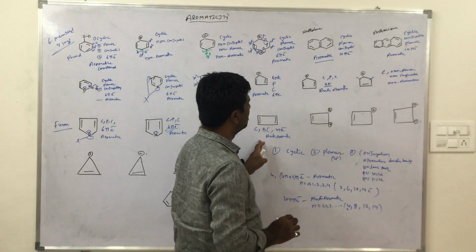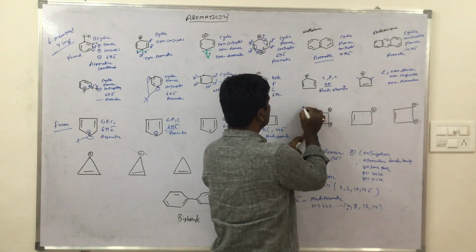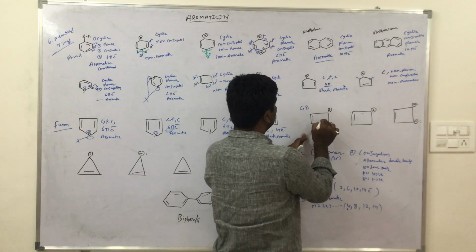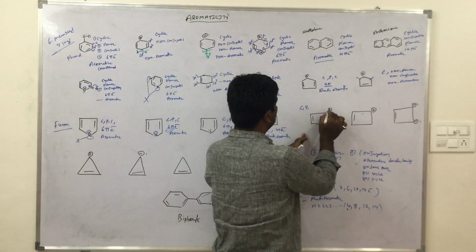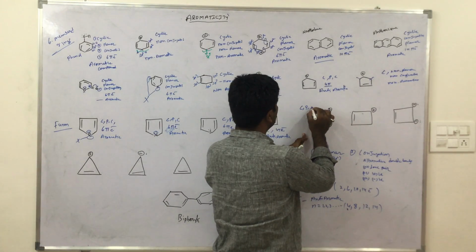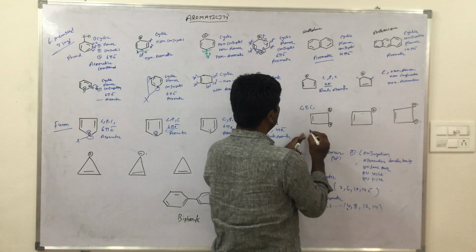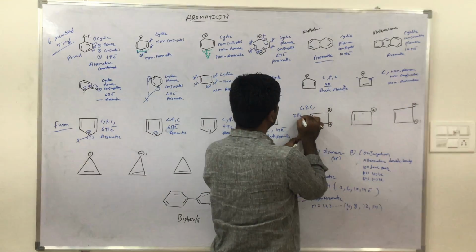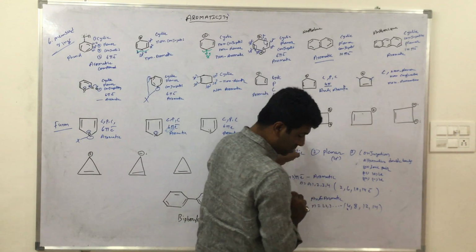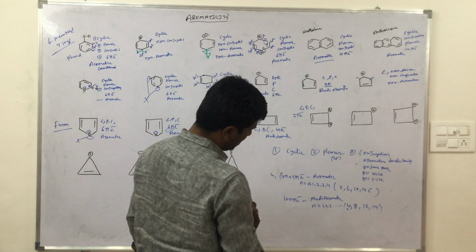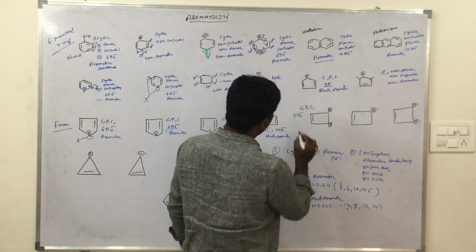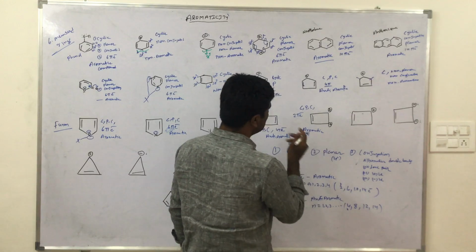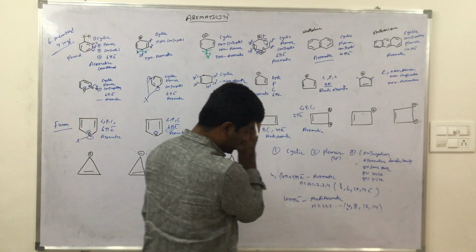Okay. Now this one, cyclic, planar, conjugation, double bond, pi bond, positive, conjugation is present now. How many electrons are present? Only 2 pi electrons present. 2 belongs to which category? This one, aromatic. Remember, this is aromatic. 2 positive charge are present. Right.